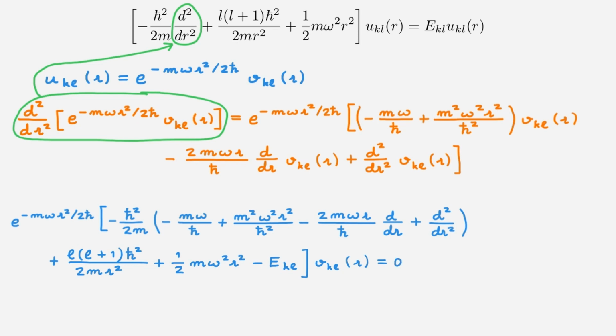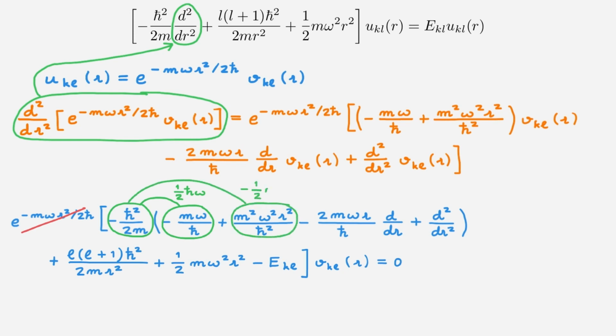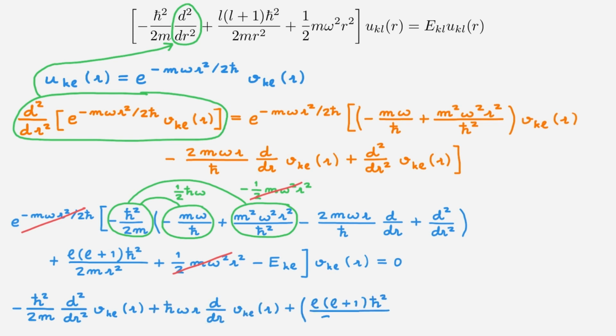We can take a final step to further simplify the form of this equation. First, we can remove the common exponential factor as we are equating to 0. Also, these two terms combine to 1/2 h bar omega, and these two terms combine to minus 1/2 m omega squared r squared. We can then cancel this term with this central potential term. And overall, we end up with a term proportional to the second derivative of v, a term proportional to the first derivative of v, and a term proportional to v,